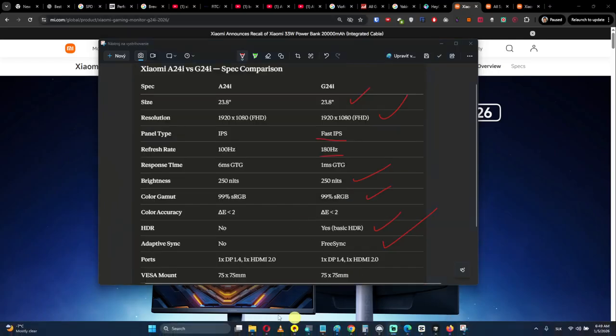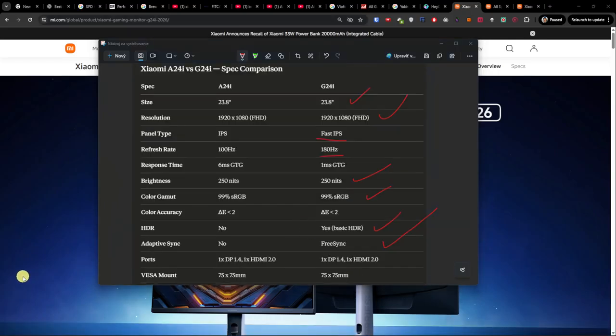So hope this video provided a little bit of value on what the comparison is between both and what you can actually expect. Now overall, the A24 is an office productivity monitor, slower refresh, slow response, but ultra slim design. G24 is a budget gaming monitor. So what is great about it is that you get 180 Hz and 1 ms